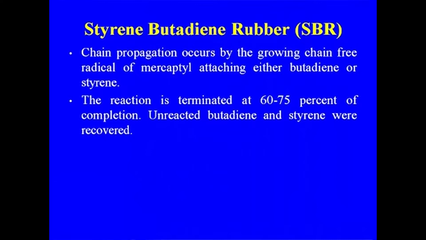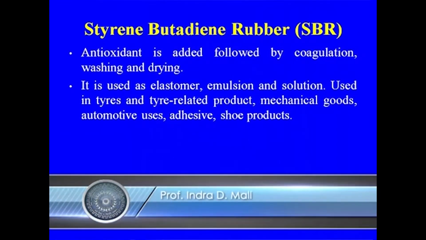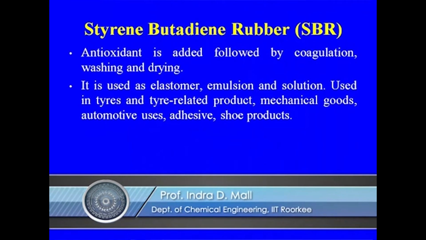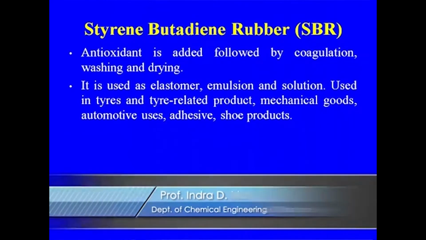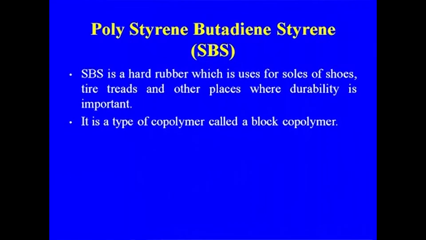Other additives are also added. Antioxidant is added, followed by coagulation, washing and drying. It is used as an elastomer, in emulsion and solution, in tires, tire related products, mechanical goods, automotive use, adhesives and shoe products. Another important one is the polystyrene butadiene, that is SBS. SBS is a hard rubber which is used for the soles of shoes, tire treads and other places where